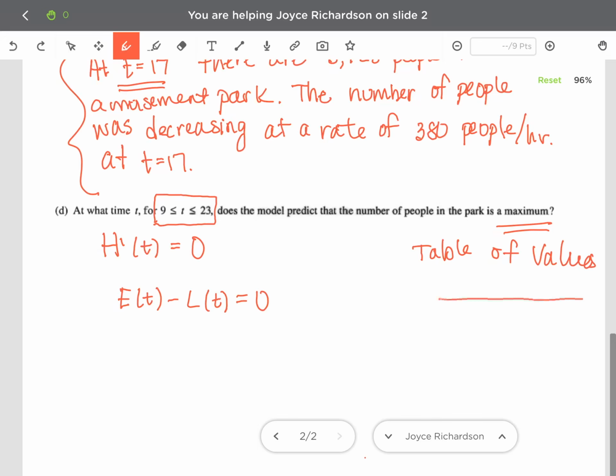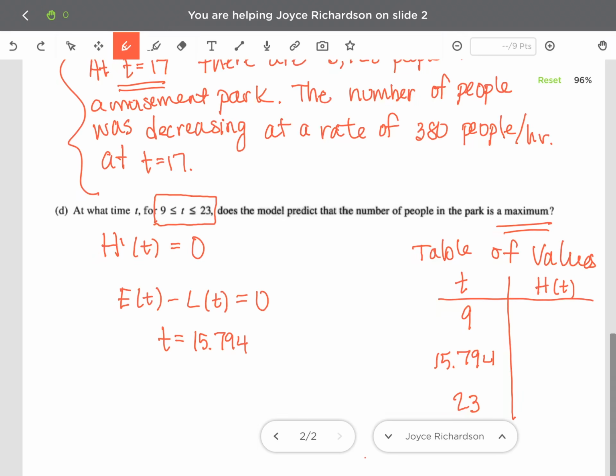I don't know why this is very difficult for people to understand. Remember, if you're looking for a maximum and they give you a closed interval, we're going to put a chart on that. We're going to go 9 and 23, and here we solve for t, and we get t is equal to 15.794. That's where those are equal to 0, or it's an endpoint. So if I plug in these t values into h of t